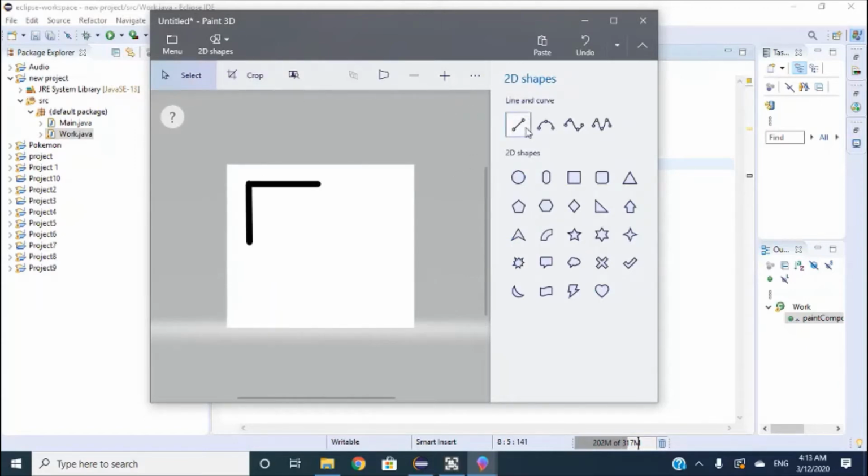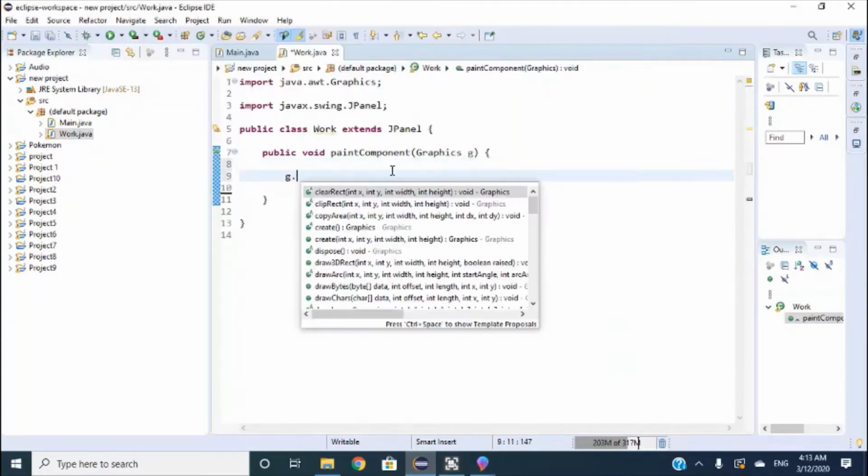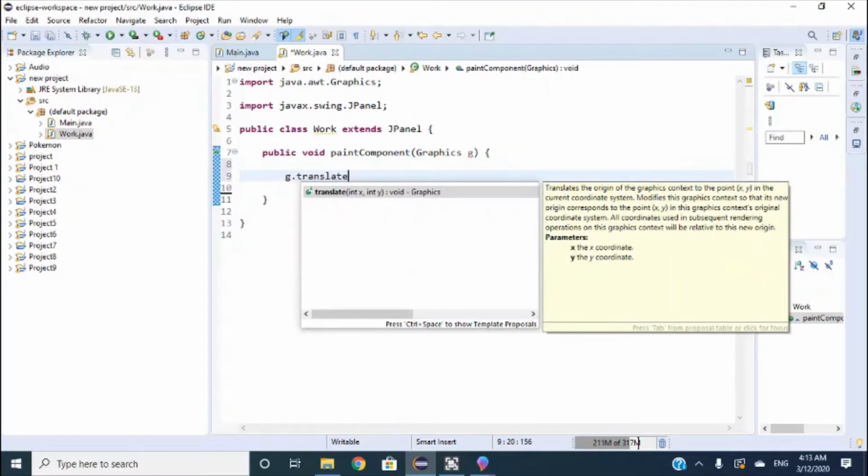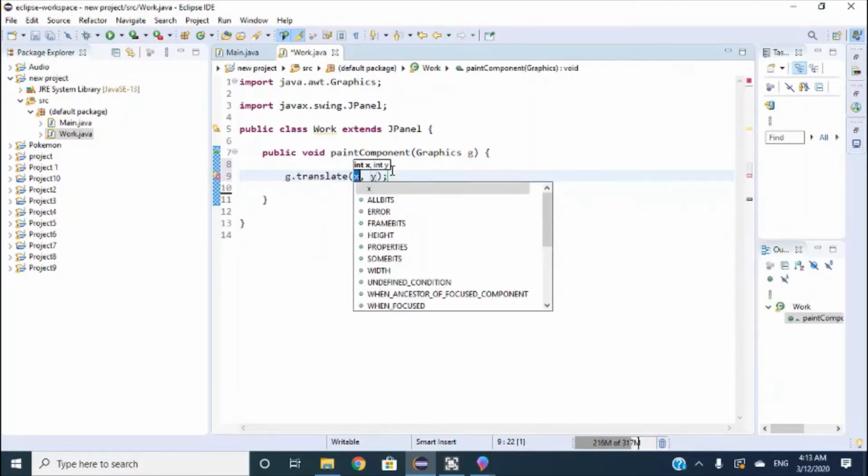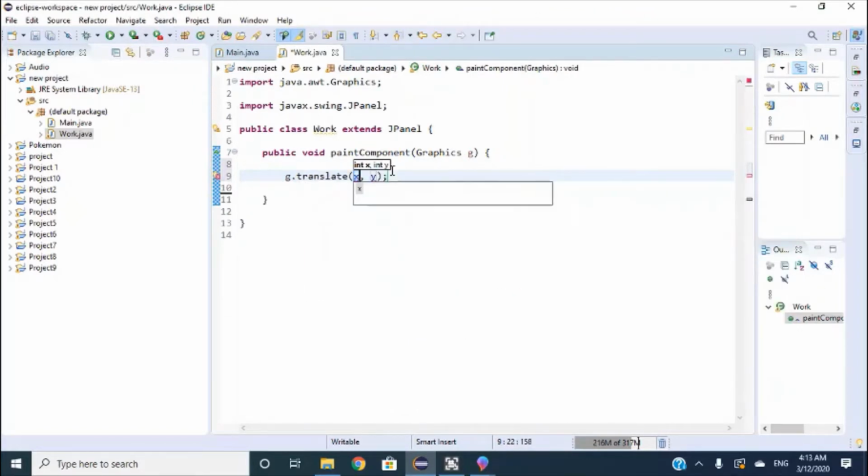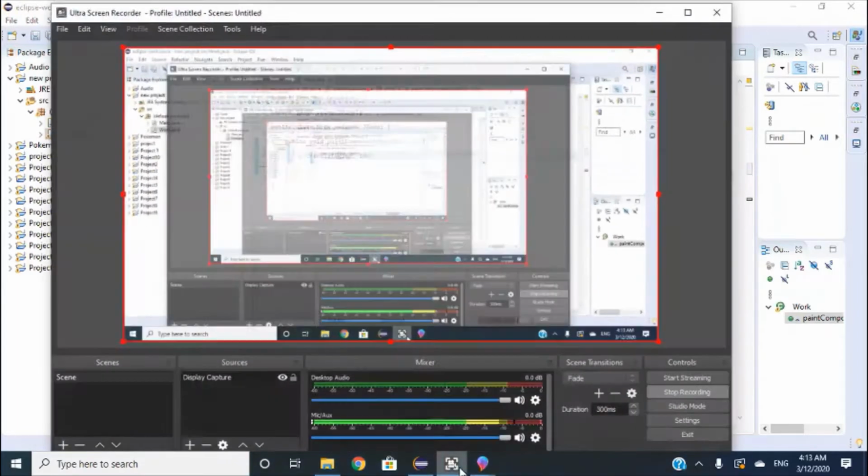When we translate it, g.translate, it takes two parameters, an x and a y. If we do, let's say, 100, 100,